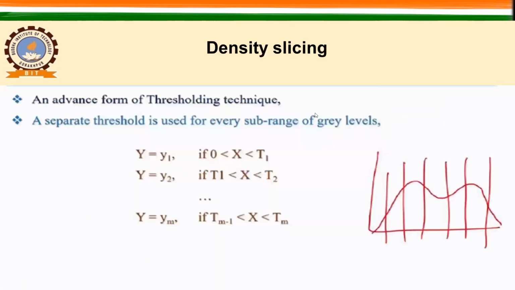So after this we have to understand about the density slicing. Density slicing means, in density slicing what happens, we provide different ranges like this, okay. See different ranges, here you can see there are the different ranges which have been provided. In density slicing we provide different ranges which I showed you on the screen, and this is the advanced form of the threshold technique. If we say an advanced version of the threshold technique, it is density slicing.